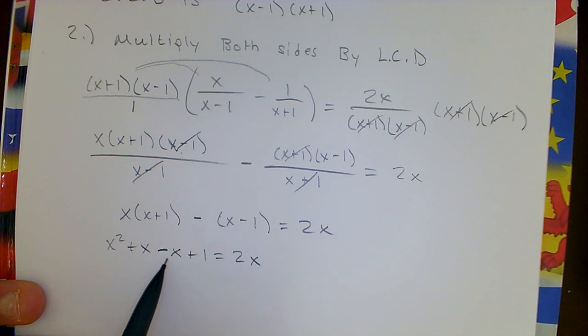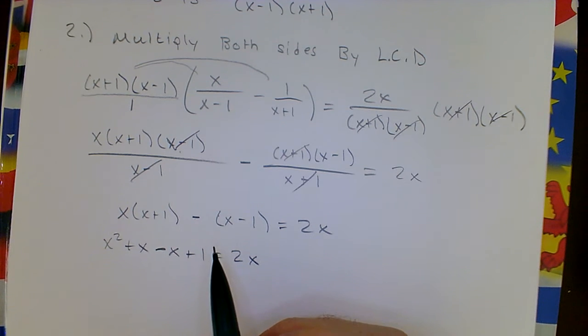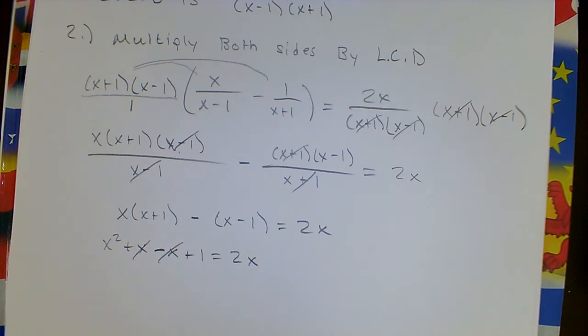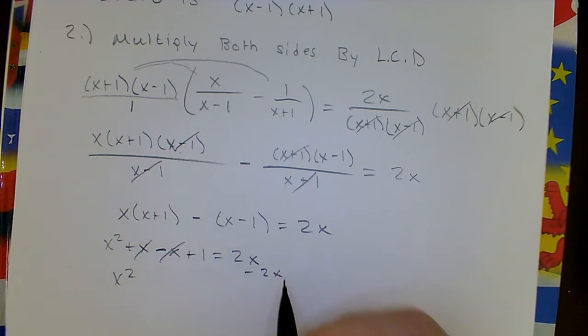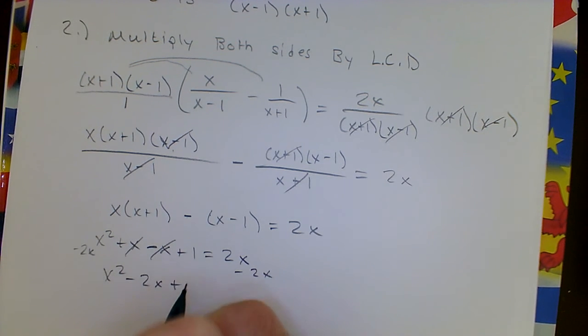So it's x squared plus x minus x plus 1 equals 2x. So these two, if you add the number and then subtract, that drops off. So it's x squared, and then I'm going to subtract 2x from both sides. x squared minus 2x plus 1